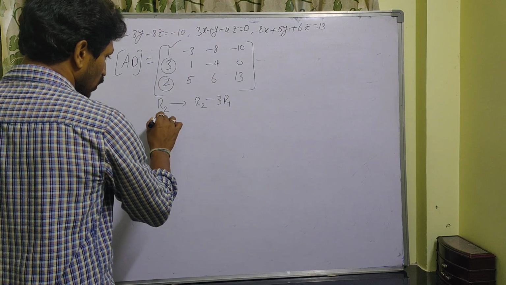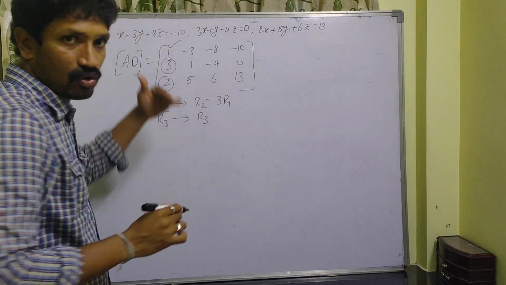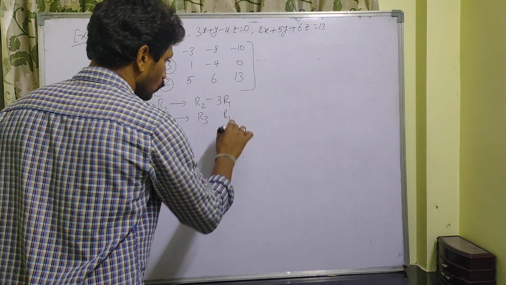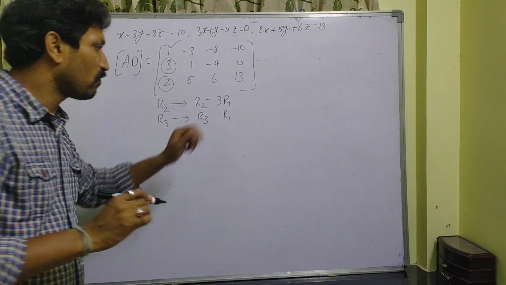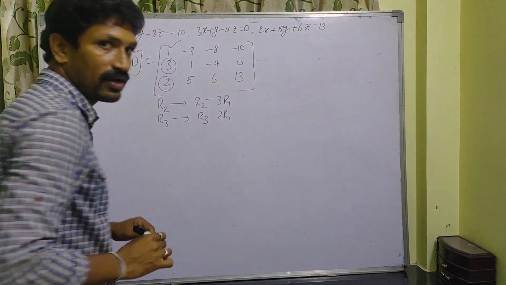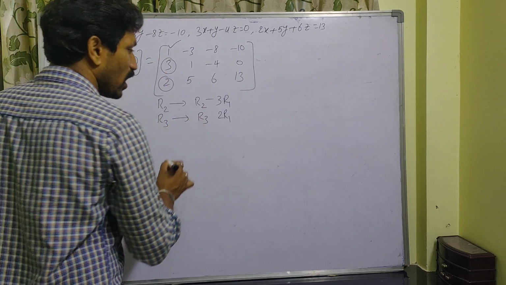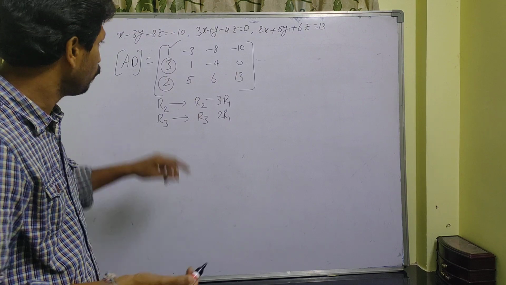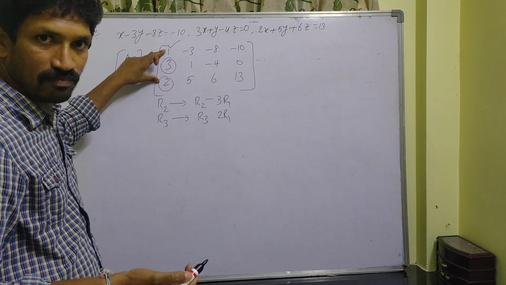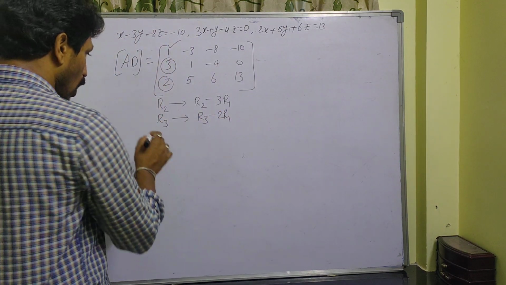Okay, next R3. See here, R3 and the same row R1 you have to use to make this one also 0. So multiply the R3 entry to R1, that is 2 you have to multiply to R1, and the same R1 entry here, 1, multiply to R3, so that is 1 into R3, again 1 into R3, R3 only. Here both have the same sign, positive, so here you have to keep minus. So now do the operation here.